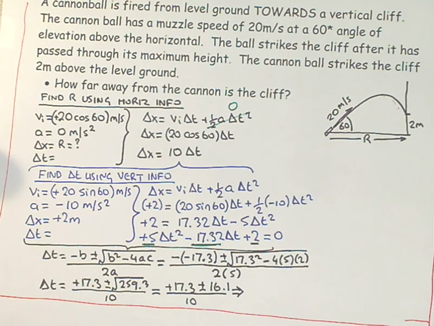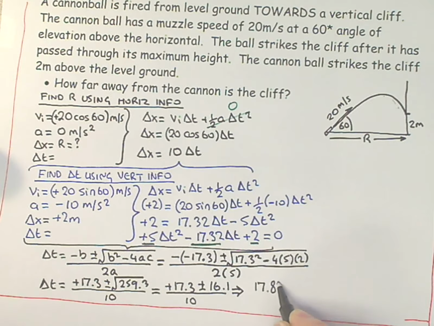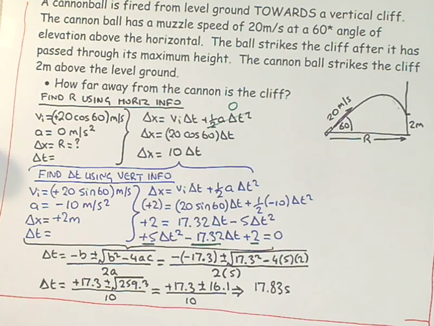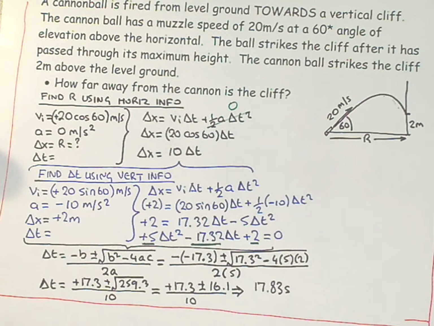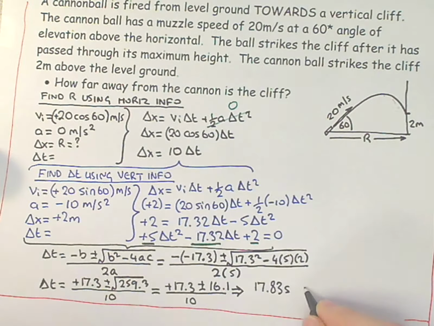I have 17.3 plus 16.1, enter, divided by 10. So I get 17.83 seconds, or I get 17.3 minus 16.1, enter, divided by 10, which is